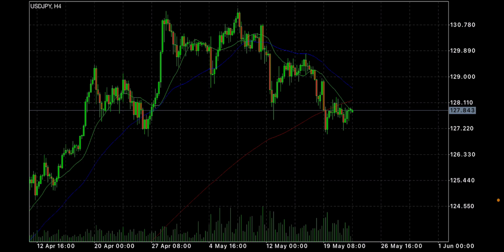So we have a weakening US dollar and we have a weakening Japanese yen. So we're in a situation with this chart, we have two weak currencies. So whatever is the weakest one is going to act as the weak one, and whatever is not the weak one is going to act as the stronger currency. Okay. And according to this, to the naked eye it would look like the Japanese yen is stronger than